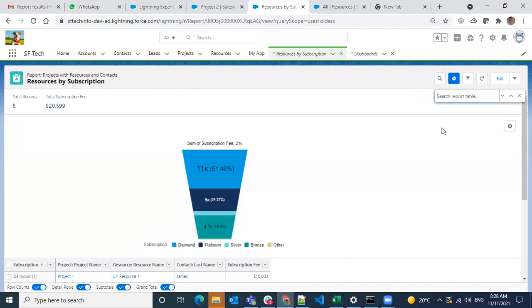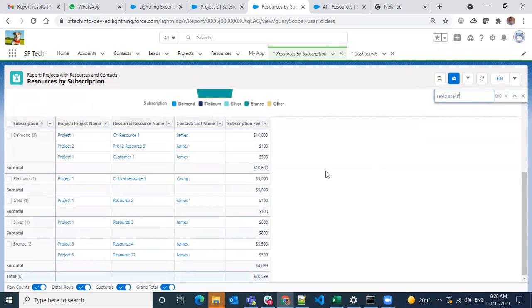We don't see resource 6. So total how many records?